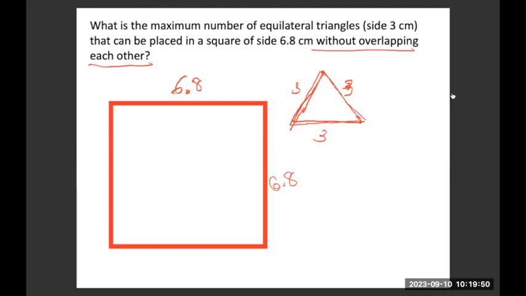Anshi, Tanvi, Yesha, Ashwi, wrong answer. Khushi, correct answer. Kavya, wrong answer. Like I said, Kavya, you cannot solve it by simply dividing the area of the square by the area of the triangle. In that case, the cumulative area of the residual pieces also gets counted, which is what we don't have to do in this case,